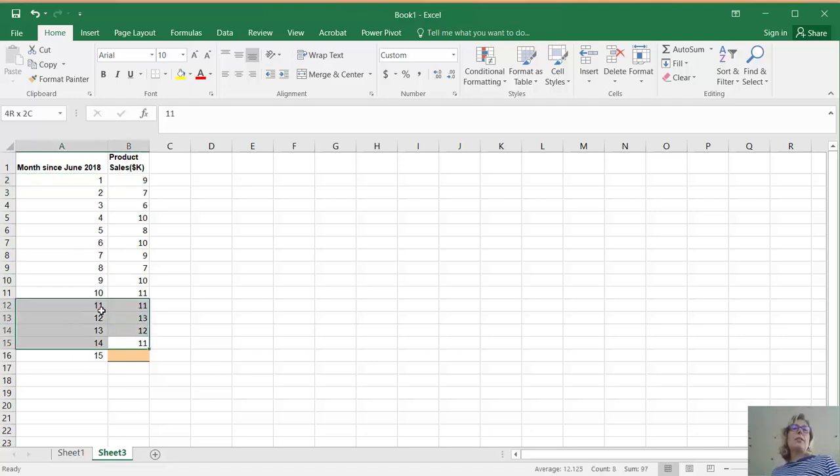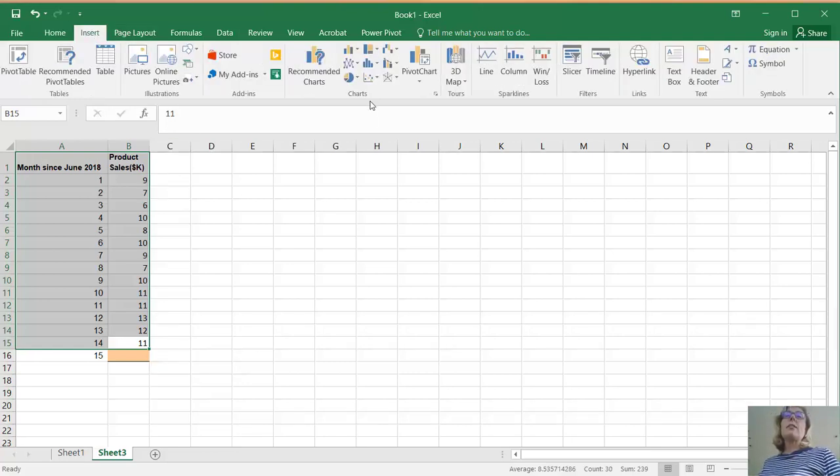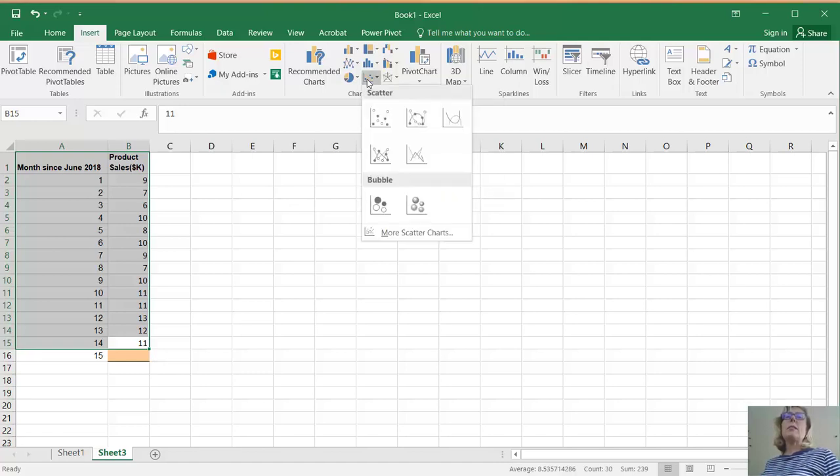Now, what we're going to do is capture all of the sales and all of the months that we have sales for, and we're going to insert a scatter chart. And it has to be a scatter chart